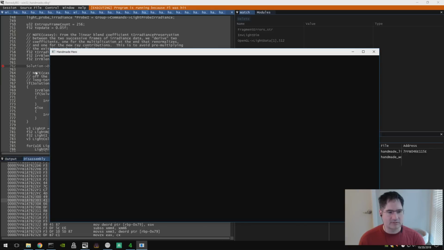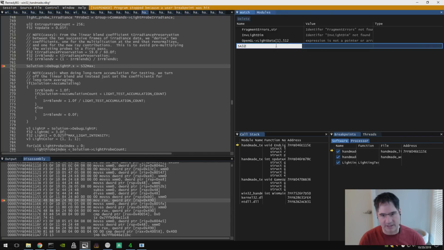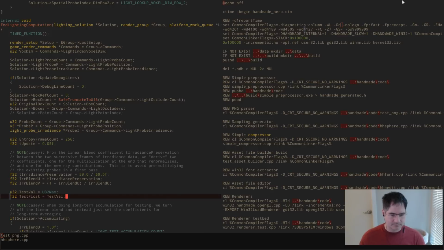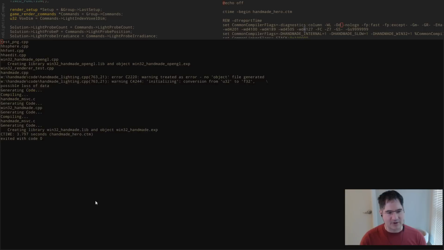So if we look at what we expect to find here, I should probably also put S32 maximum, because I suppose I can't look at that in the debugger. So if I was to also have a value here, and now I can just do it directly, we'll do it this way. Test val equals, let's say, U32 max, and test float equals test val. I can also do it the final way and say round trip equals U32 test float, right? So if we watch what happens here, and we just look at the process of shuffling these things around,